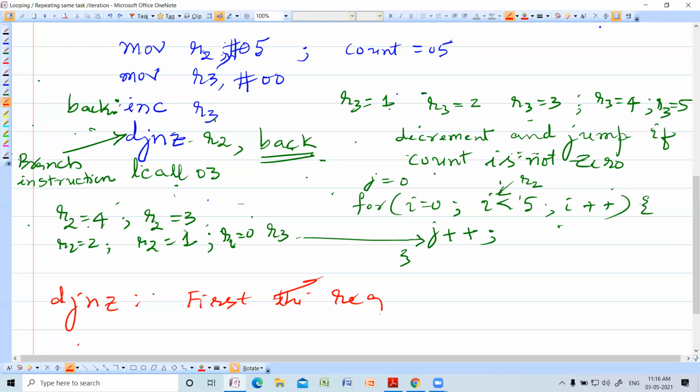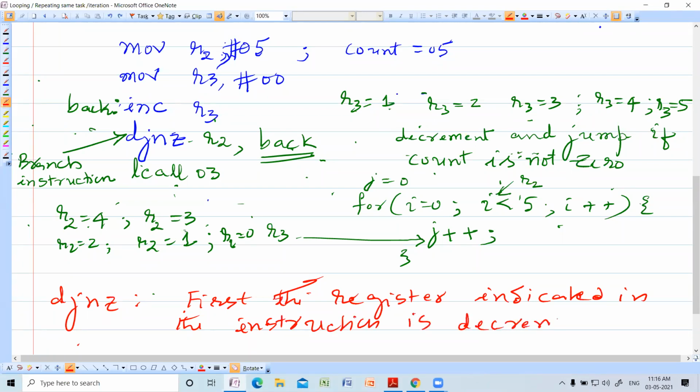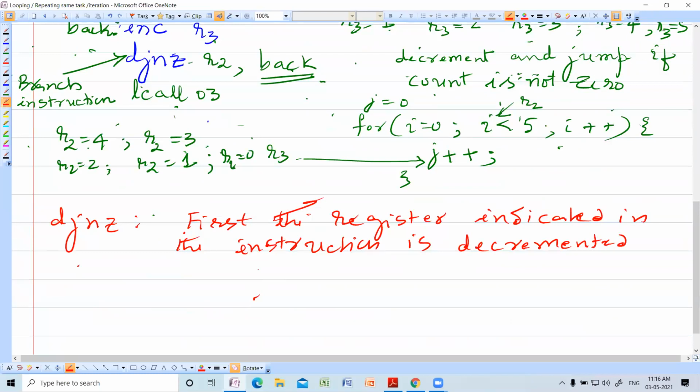First, the register indicated in the instruction is decremented. That is R. In this case, what is the register indicated? R2. So R2 will be copied with R2 minus 1. This is the first point.